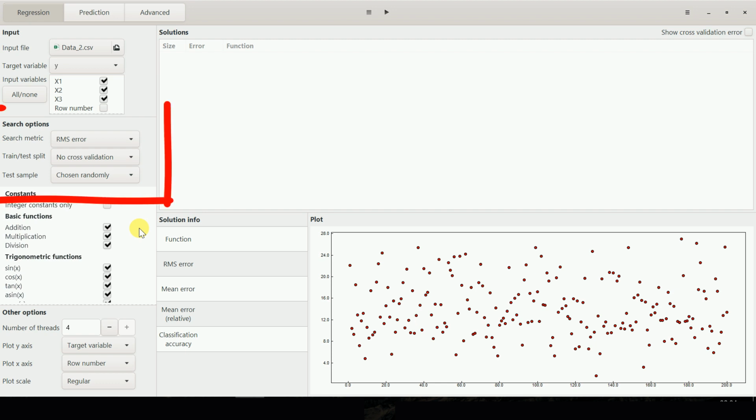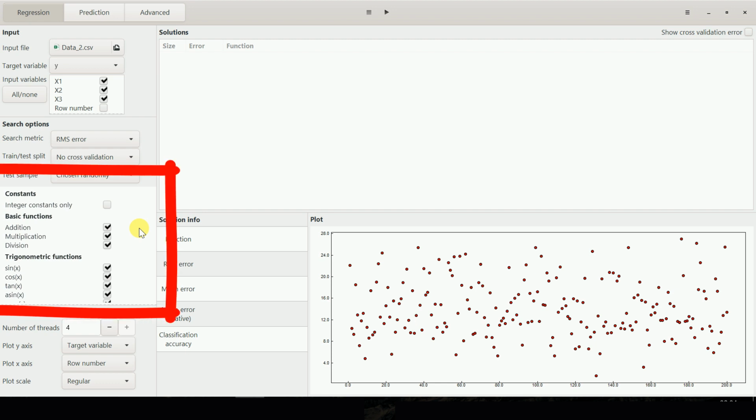And if you look at the left hand side, you have search options such as search matrix, train test split, test sample, and so on and so forth. If you look at the functions as well, you have basic functions such as addition, multiplication, division. You also have trigonometric functions to realize the relationships between x and y. So you can either use sin x, cos x, tan x, and so on and so forth.